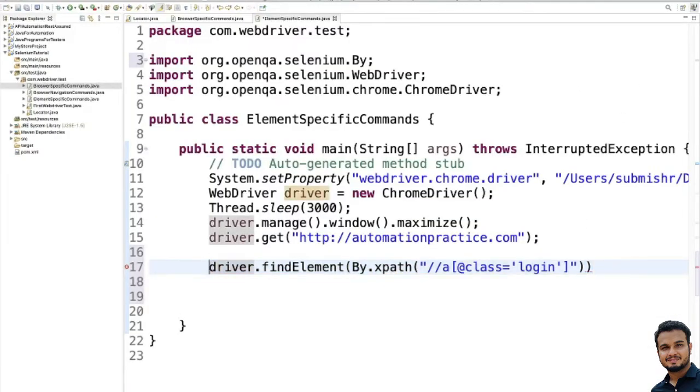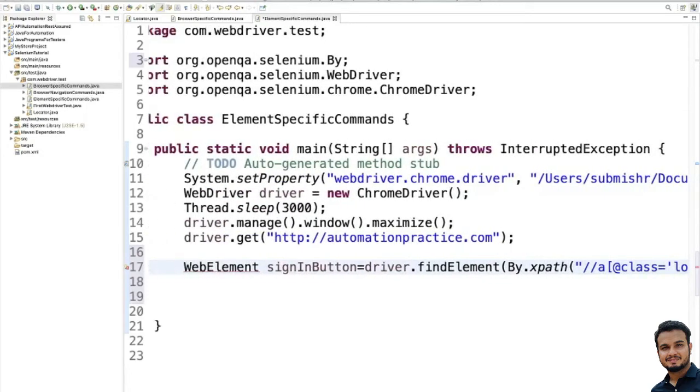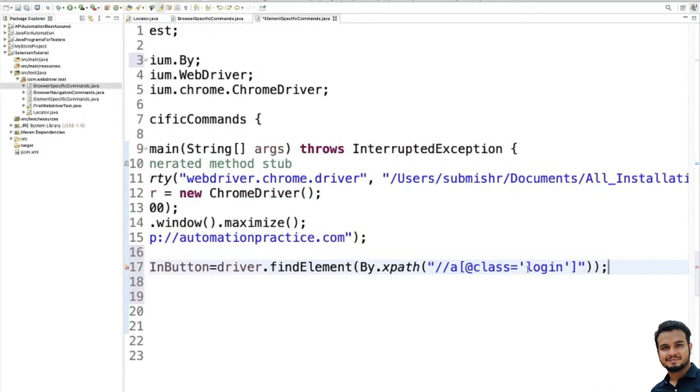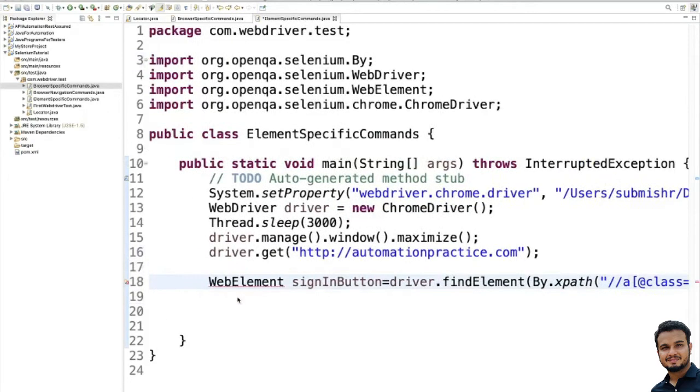So you can write it in this way also: WebElement signInButton equal to driver dot findElement, By dot xpath, and you give the particular locator details. So it will return you a web element. signInButton is a web element.